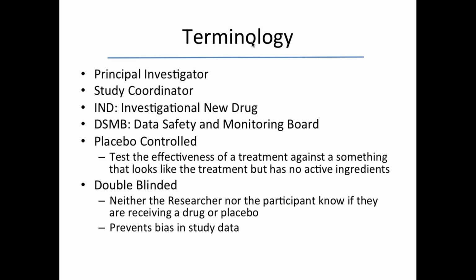And the next term is double-blinded. This is an interesting one. Most or the vast majority of placebo-controlled studies in early phases are double-blinded. This means that neither the researcher or the research team nor the participant in the study, the person taking the drug, actually knows if they're receiving the drug or the placebo. This way, it prevents the researcher from doing anything to favor a positive outcome in their drug, whether consciously or unconsciously, and also prevents the participant from, again, favoring if they're having improved outcomes for that drug.